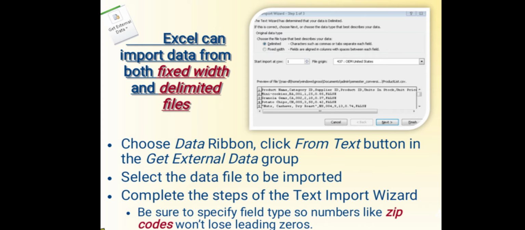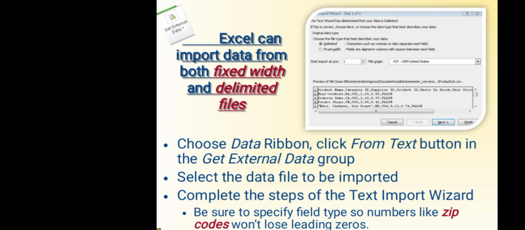When we are uploading, we browse to the system and select the files, and like that we can import data from both fixed width and delimited files.